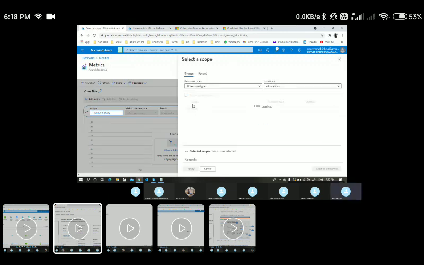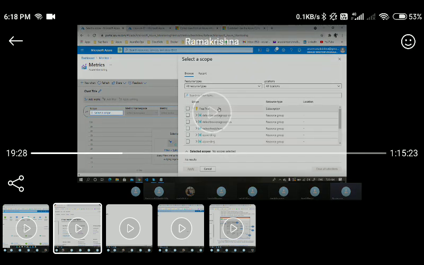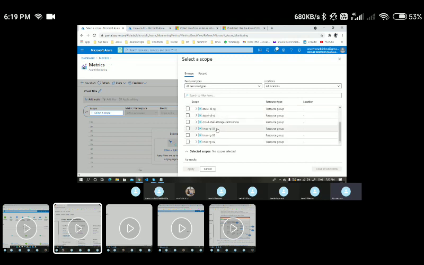Here I need to choose the scope. Scope is nothing but for which services, for which specific resource you want to set up the monitoring. It will show you a list of resource groups which are present under your subscription.